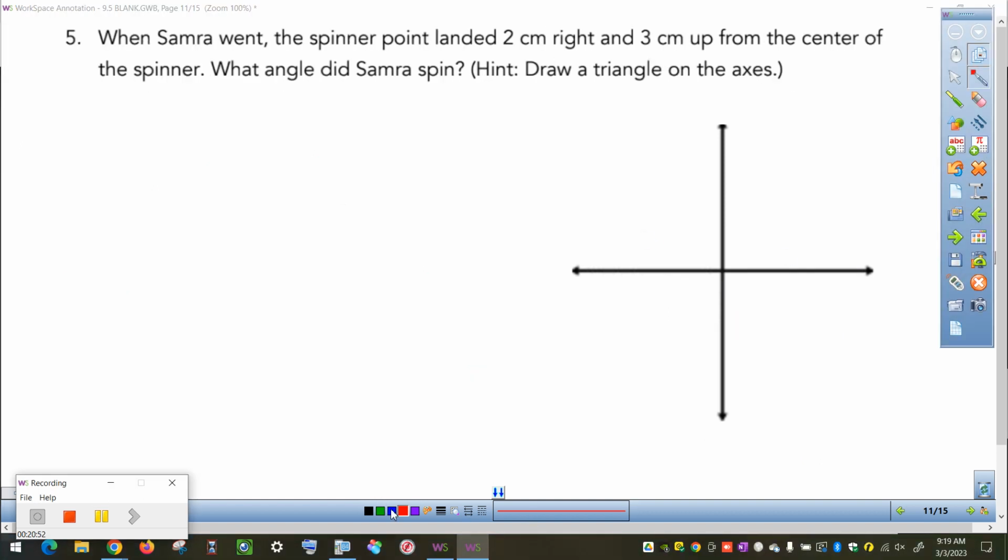All right, let's take a look here at question 5. So it says when Samra went, the spinner point landed 2 centimeters right and 3 centimeters up from the center of the spinner. We're going to find what angle did Samra spin. The hint here is to draw a triangle on the axis. So if this is the center of our spinner, and her spinner point was 2 centimeters to the right and 3 centimeters up,